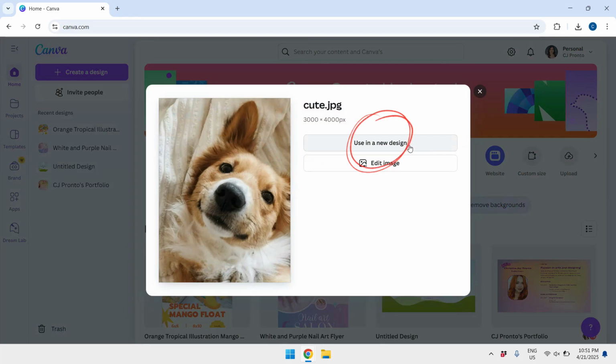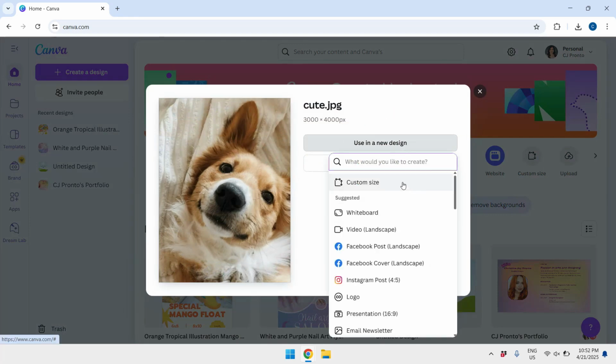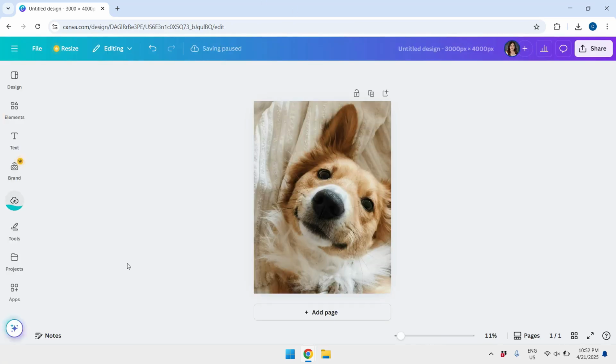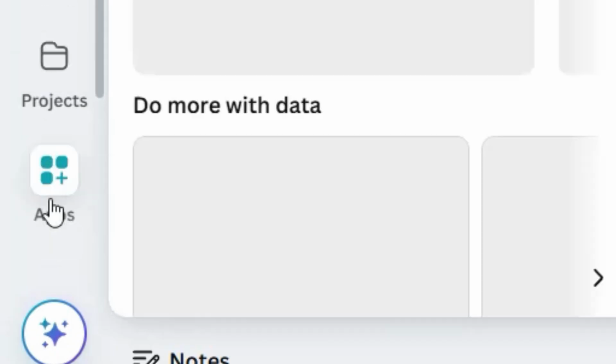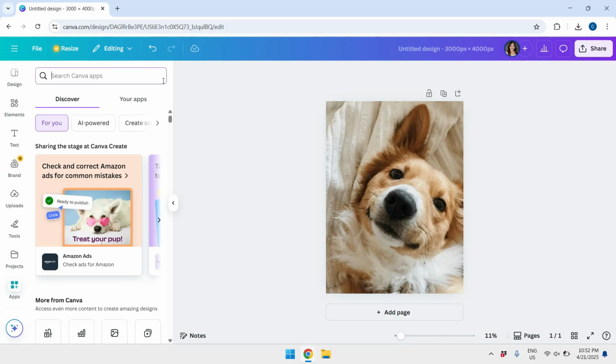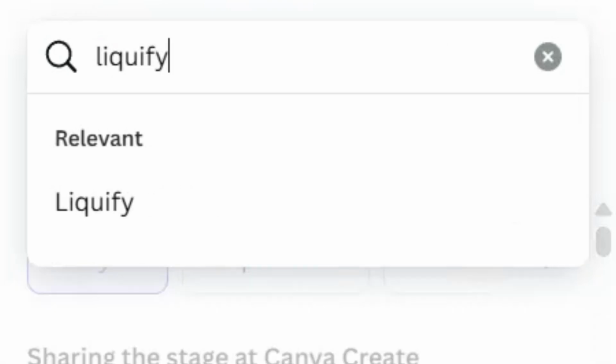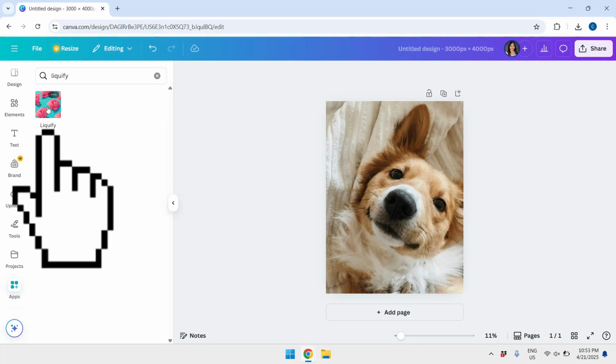Then click on use in a new design. And I'm going to choose custom size. Then click on create new design. And once we're here, let's just click on apps. Then in search Canva apps, just type liquify. Just click on this,